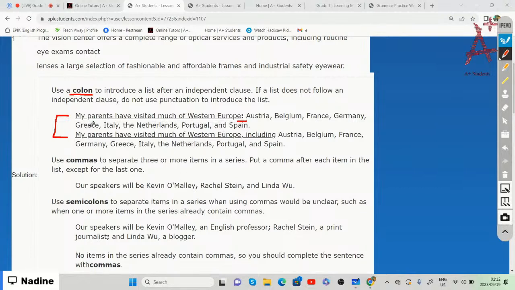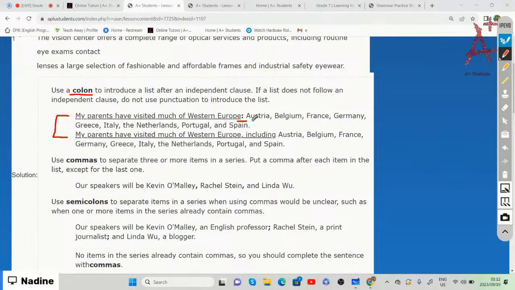So my parents have visited much of Western Europe: Austria, Belgium, France, Germany, Greece, Italy, the Netherlands, Portugal, and Spain. And that is the list that was introduced. The list of places that they have visited,